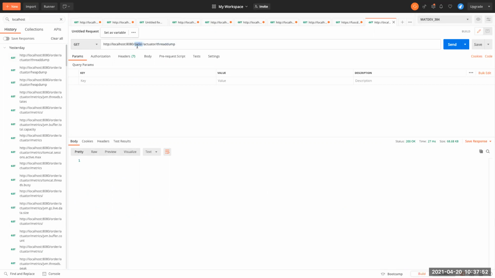This is my application context, then this activator context, then we can invoke any service.